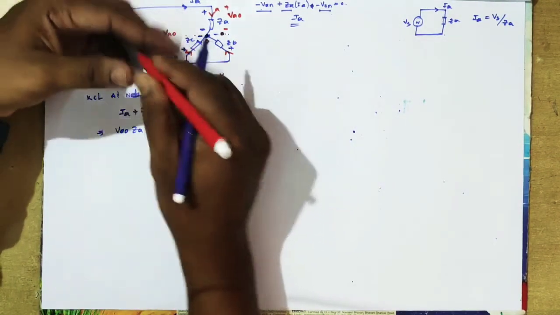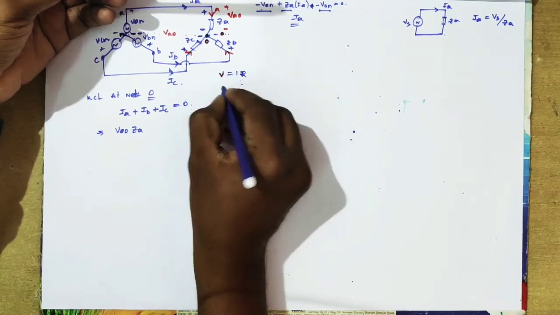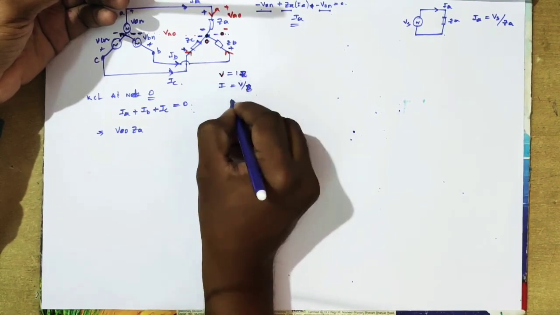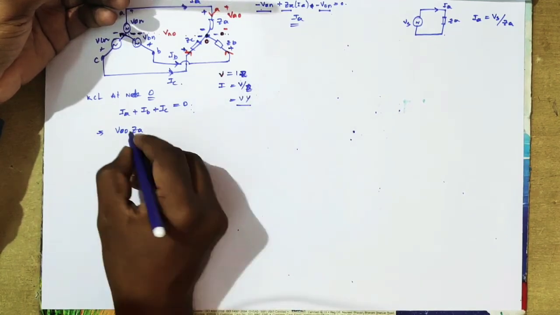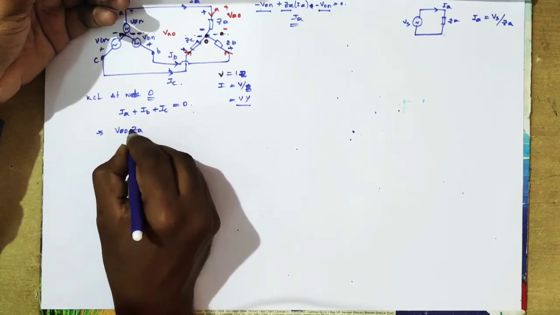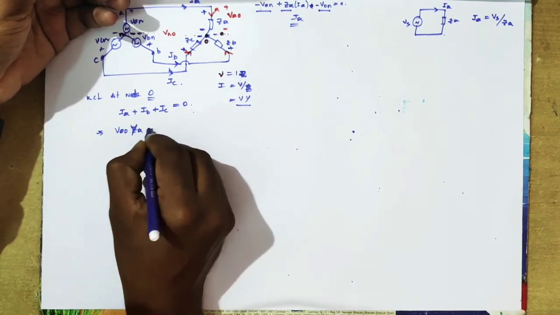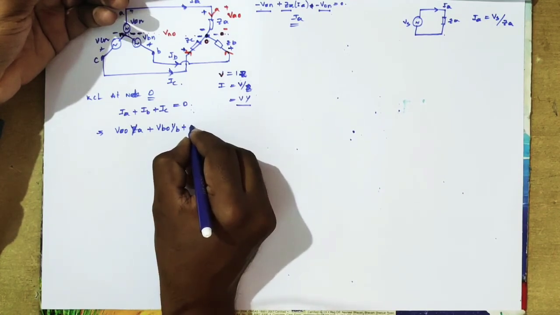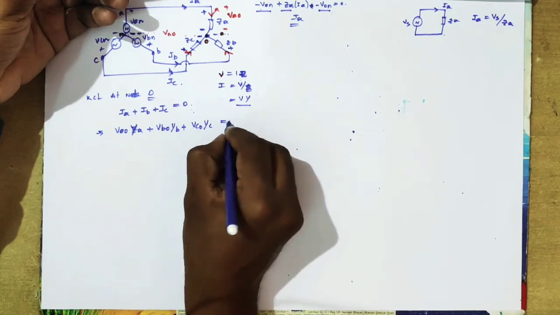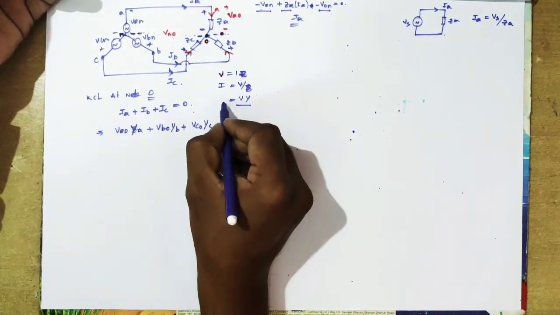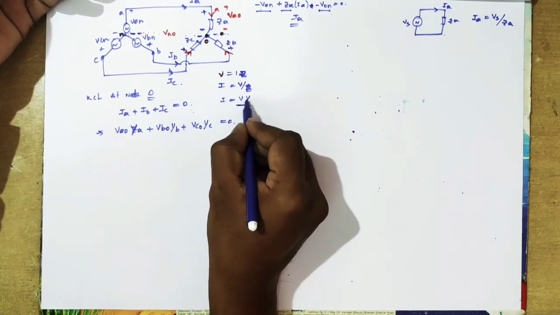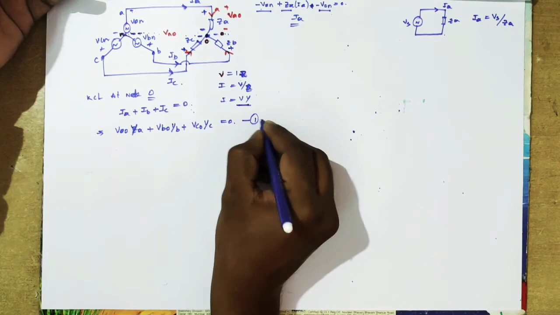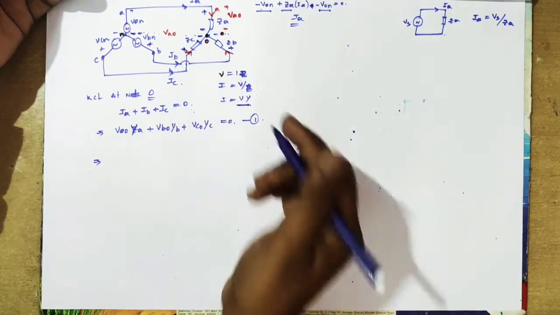Sorry. So V equals IR, and I equals V by R, or V equals IZ, let us take, and I equals V by Z. So the inverse of Z is Y, the admittance. So instead of ZA, I take IA equals VA0 YA, plus IB equals VB0 YB, plus IC equals VC0 YC equals 0. So I am taking the inverse of Z, so I equals V into Y, the admittance. This is equation 1.